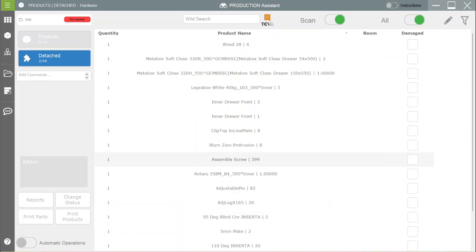If we look at this particular screen here, this is at our hardware station. We can start to see that the items have been regrouped based on size or quantity. The assembly screw is a good example, where there would be a certain quantity of screws associated with each cabinet or component, which we've regrouped together to give us a total amount of screws required. If we look at something like the inner drawer front as an example, if we were to go through and print that particular product label,